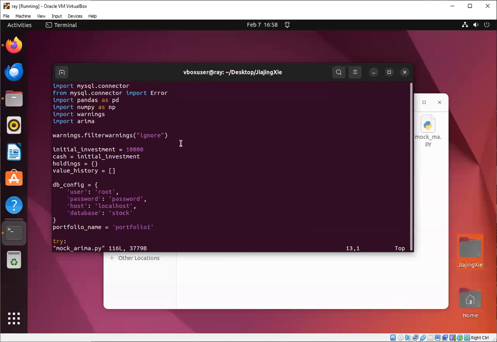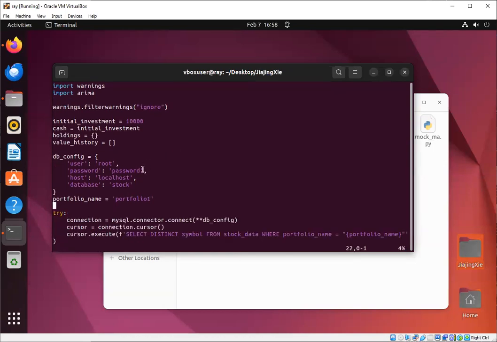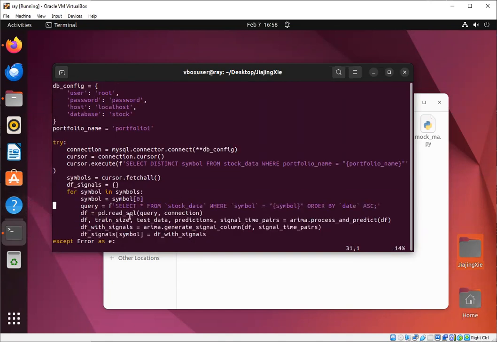So this one is the same thing. We have the MySQL database for configuration. It's going to connect to our MySQL, and in this part